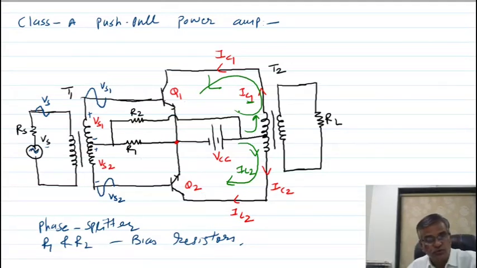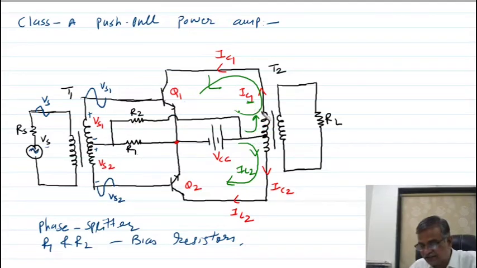Through this winding, it is going in this direction. So R1, R2 provide the proper bias to the transistors Q1 and Q2. As a result, collector current flows through both the transistors for both halves of the AC input cycle. Here in Q1, DC current will flow like this. In Q2, current will flow like this. I think you understand. Now, this VCC is connected to the center point of the output transformer T2. As a result, current will flow in both halves in this direction, you can see here.